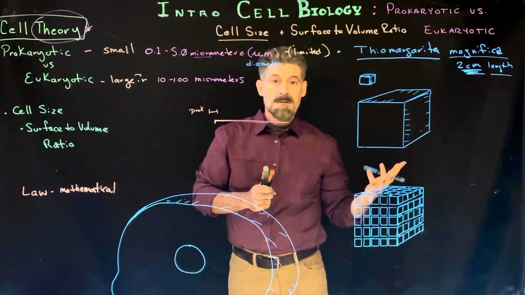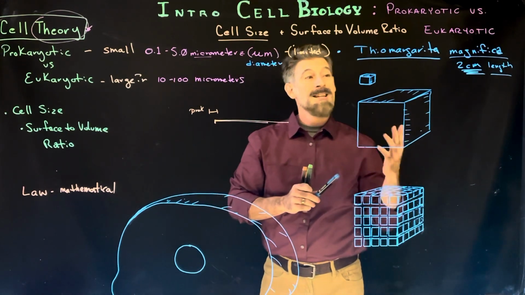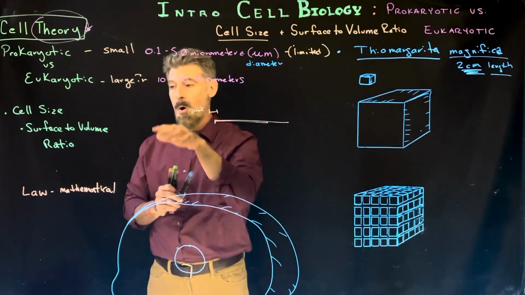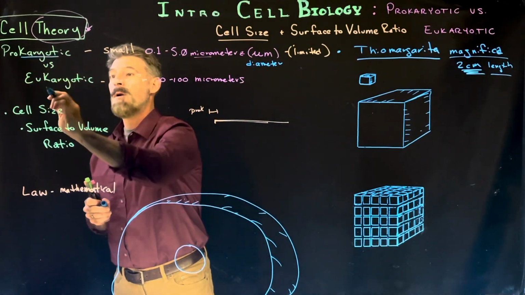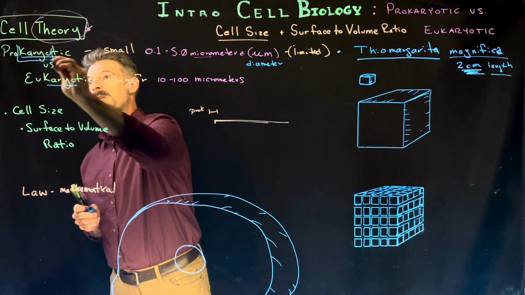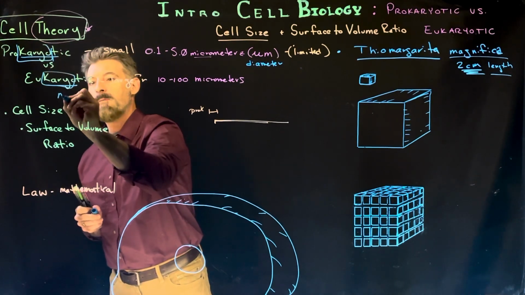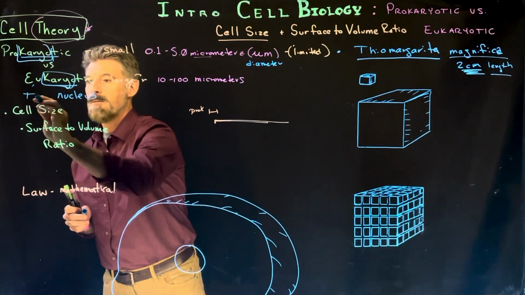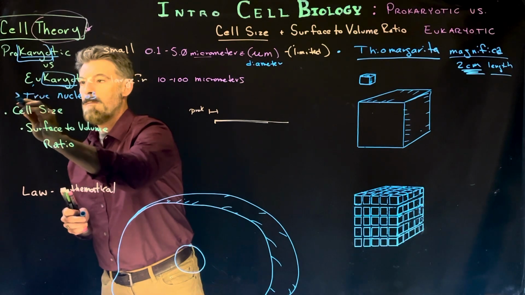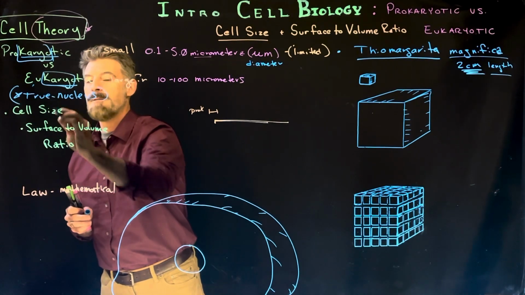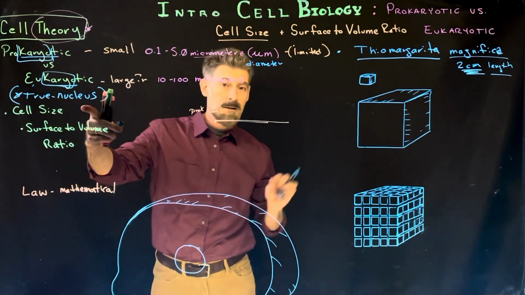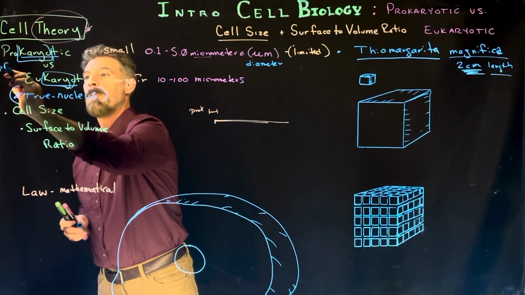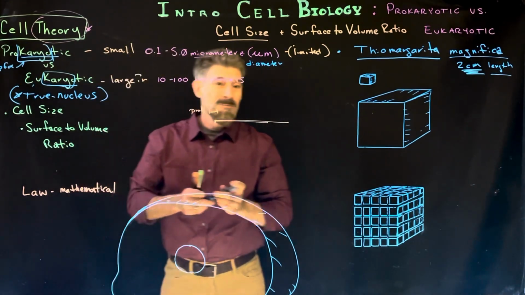And so it is perplexing for a lot of scientists to have found it. In addition to that, one of the main things we're going to get at is not just that prokaryotic and eukaryotic cells are small, but also what's the difference between prokaryotic and eukaryotic? Well, we focus in on this term here, karyo, which means nucleus or nuclear. Eu stands for true. So when we talk about eukaryotic cells, we're talking about cells with a true nucleus. And prokaryotic cells, pro often means maybe before. So they don't have a nucleus.